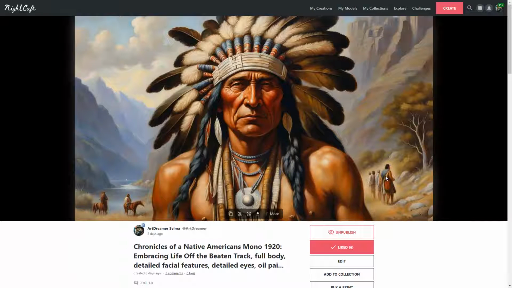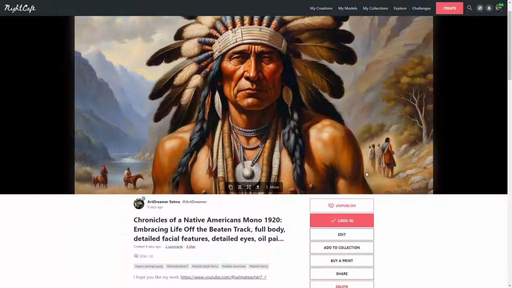Now let's just say that you didn't want anything in the background, you just wanted the main subject in the foreground here, and you wanted nice mountains and maybe a lake down here and maybe some rocks and grass over here, but without the people. Is there a way to fine-tune your image for free in Night Cafe? And the answer is yes, there is.